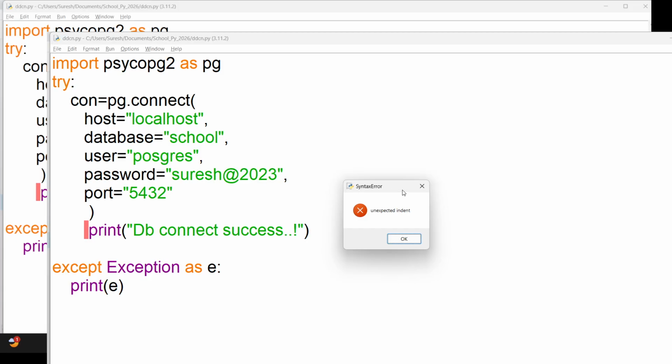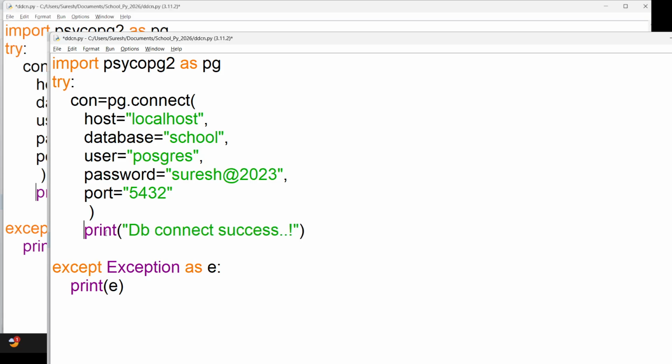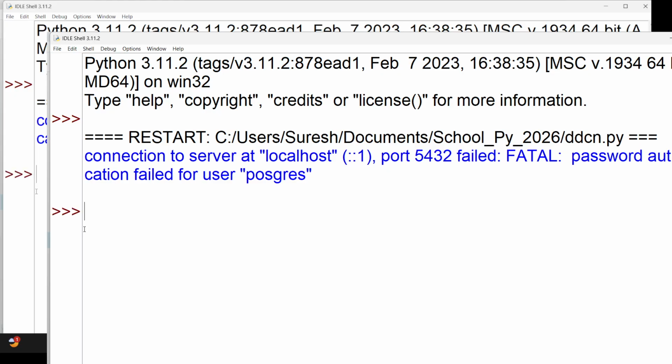Oh, an indentation issue. Perfect. Now let's try again. Again an indentation issue. Okay, there is an error: password authentication failed.